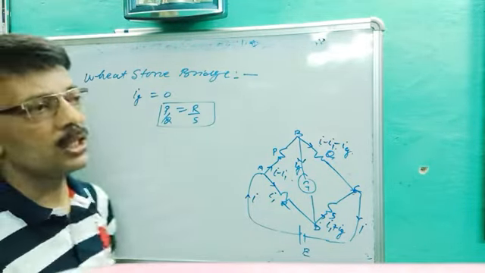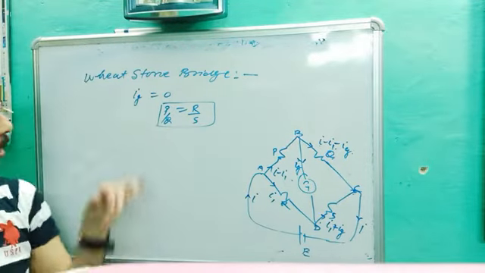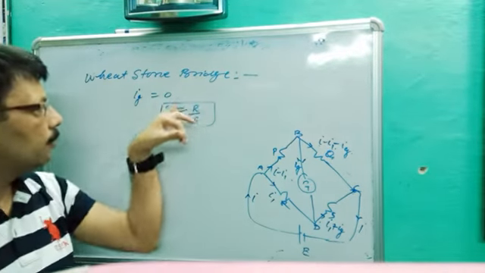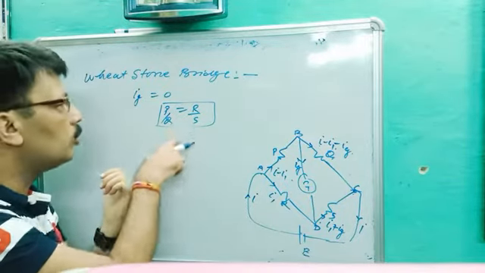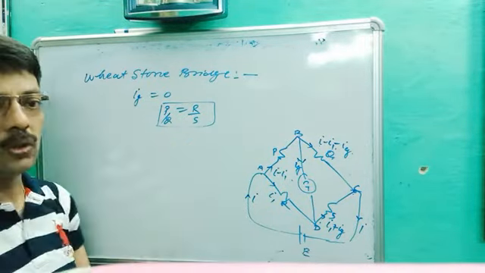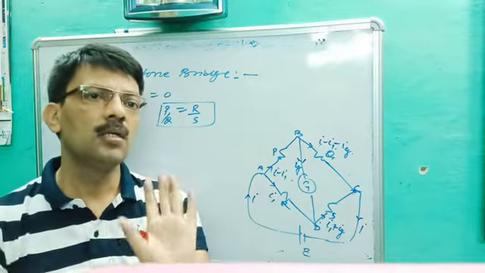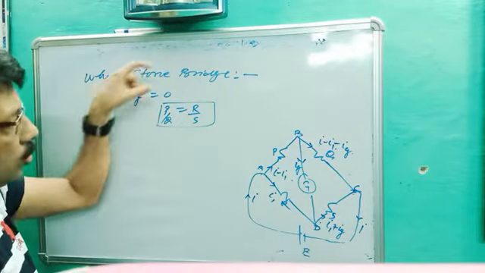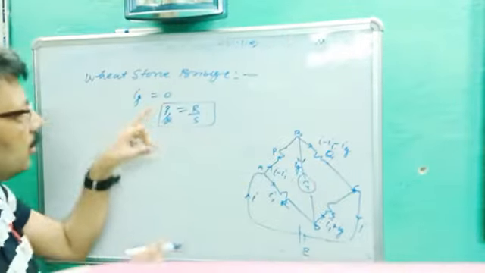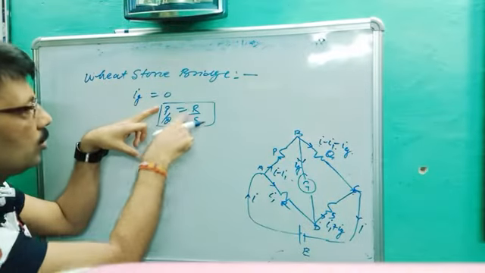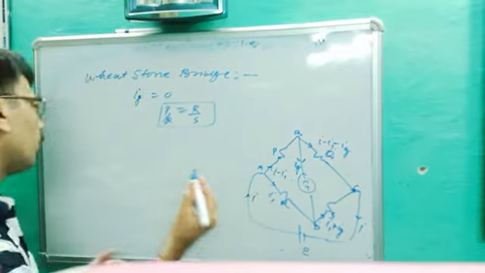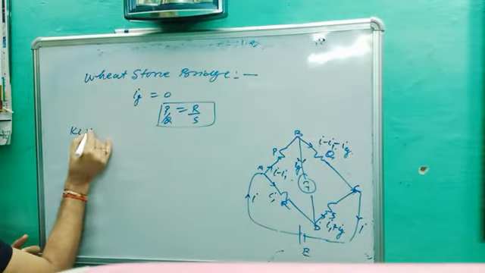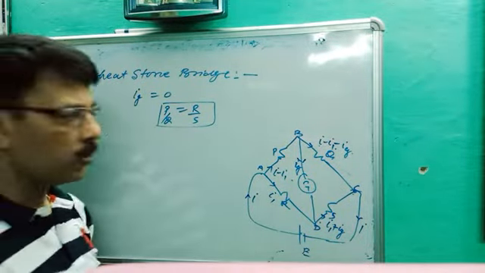I will apply Kirchhoff's law. If Ig is equal to 0, then P upon Q is equal to R upon S. Previously, we assumed that if P upon Q is equal to R upon S, then Ig is equal to 0. But today our topic is just the reverse of it. If Ig is equal to 0, it means no current is drawn through the galvanometer. Then it will follow the condition P upon Q is equal to R upon S. Okay. So we will apply Kirchhoff's law to come to the point. Okay. KVL, Kirchhoff's voltage law. Okay. Come to the point.